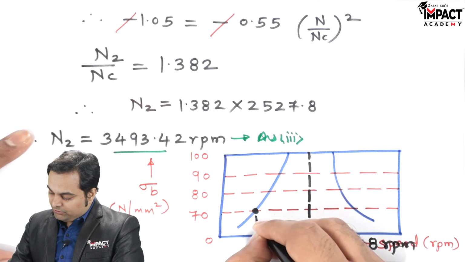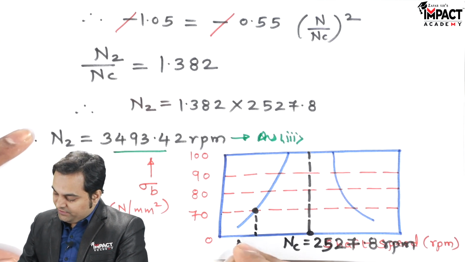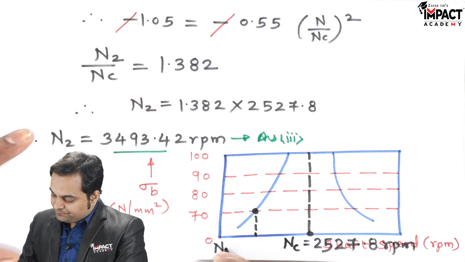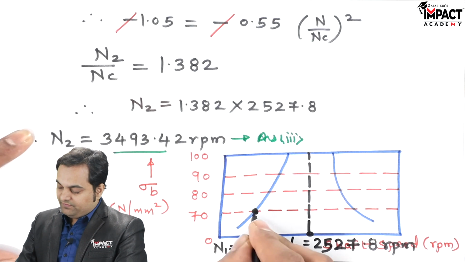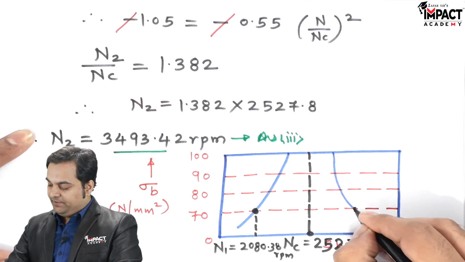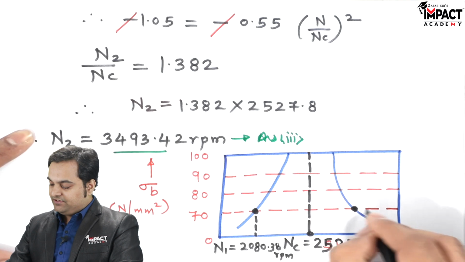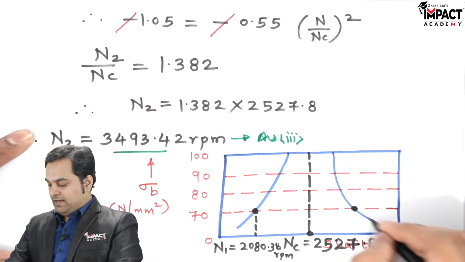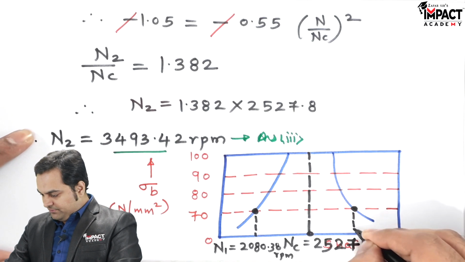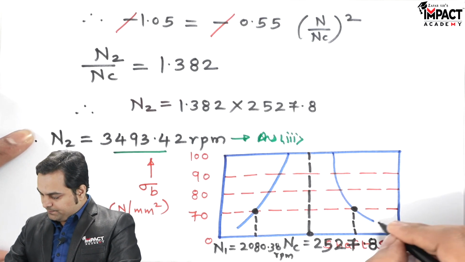So this point on the graph would show me the speed as N1, which was 2080.38, and that is in terms of rpm. So this is the N1 speed. Next, N2 speed is there at this intersection, that is of 70 Newton per mm square stress given in the problem, and this curve. So here I am getting the speed, which is N2,